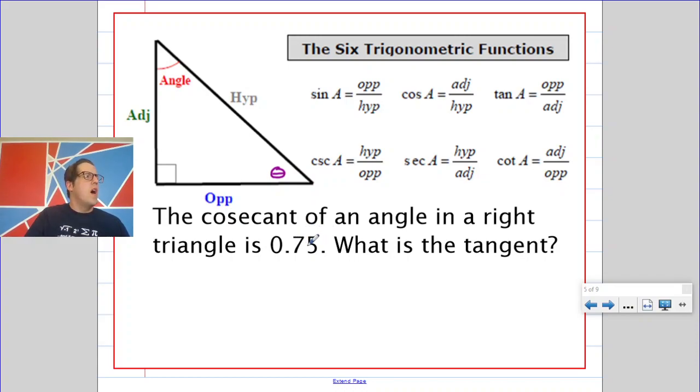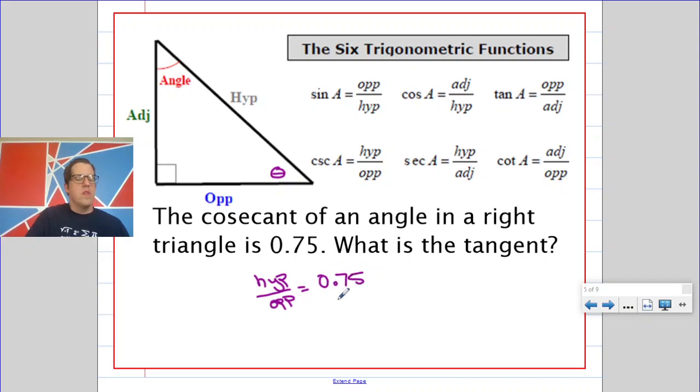Now, the cosecant is the ratio between the hypotenuse and the opposite. So for starters, the hypotenuse over the opposite